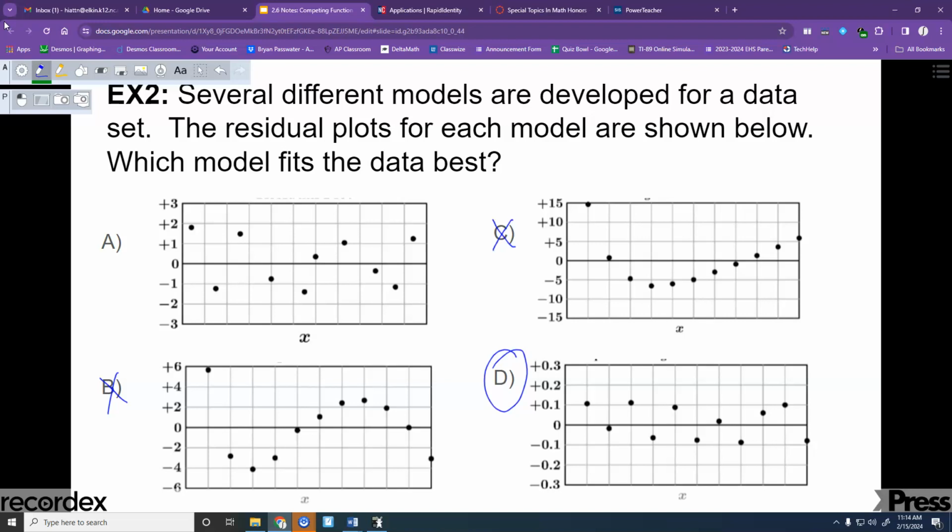So as far as being able to produce a residual plot, you probably won't have to do that. You might have to find me a single residual, like we did on that first example, but you're mostly going to need to be able to interpret what a residual plot means. So you got like 6 minutes. Let's try to do a question or two before you go, and then we will